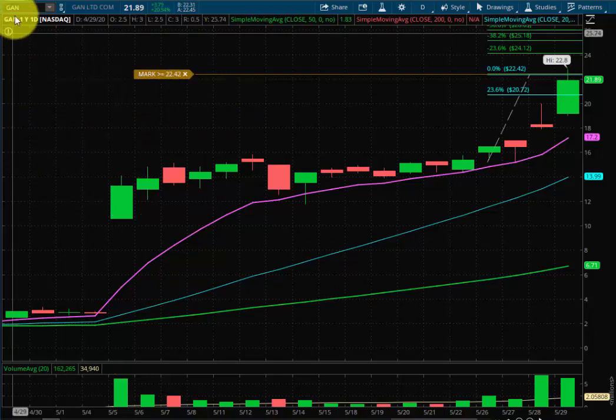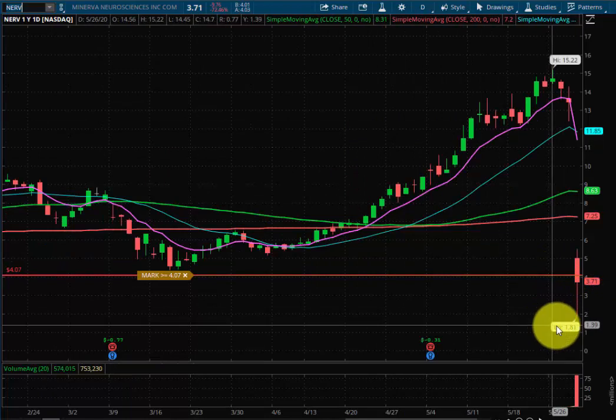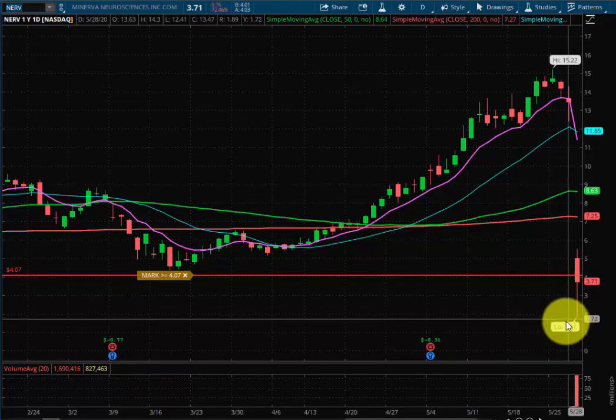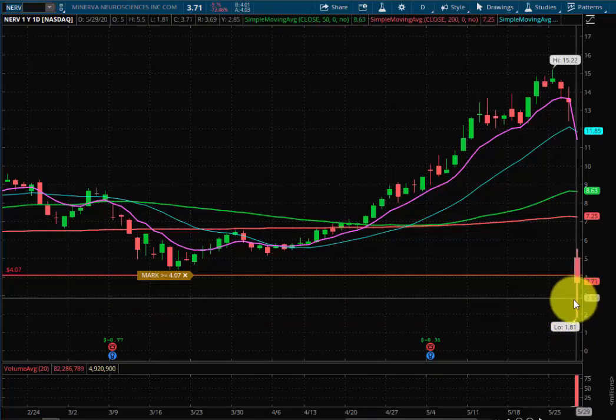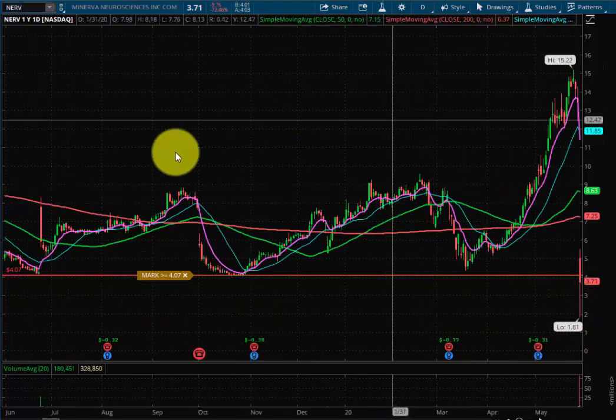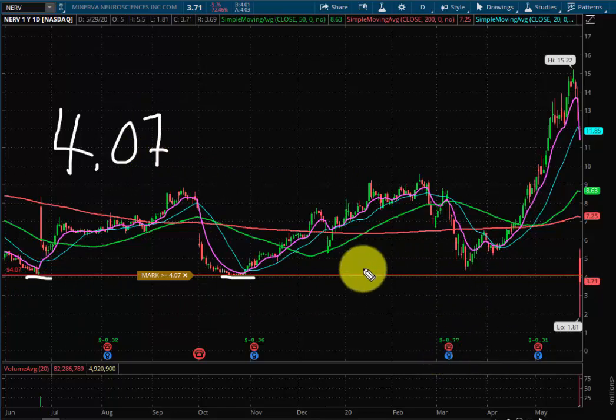All right, and last but not least, we'll wrap this thing up. NERV failed a pretty big trial, lost a lot of value, and rightfully so. Took a beating on Friday, but it made a couple of huge comebacks. More specifically, it doubled off the low, which is not anything to ignore. So it has massive long-term support at 407. This dates back multiple years. It's not just this year, but essentially for NERV, if it reclaims 407,